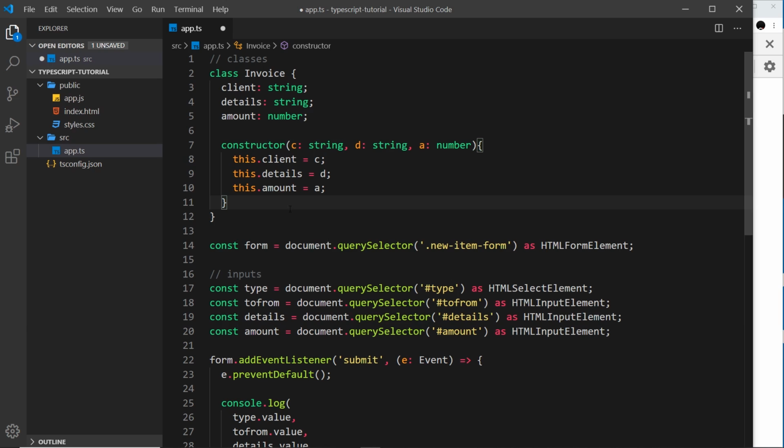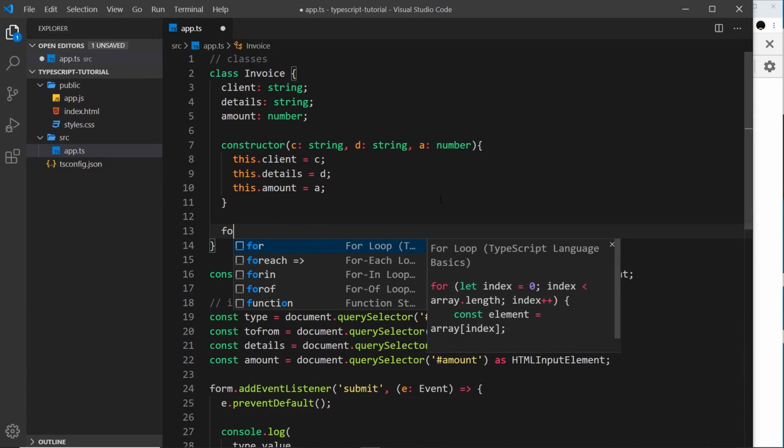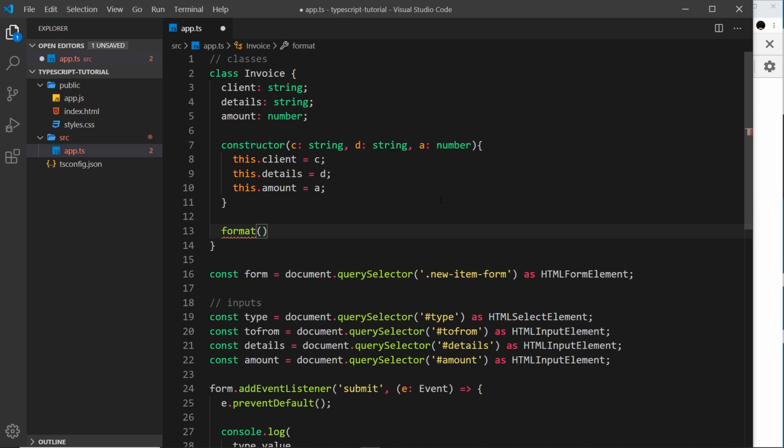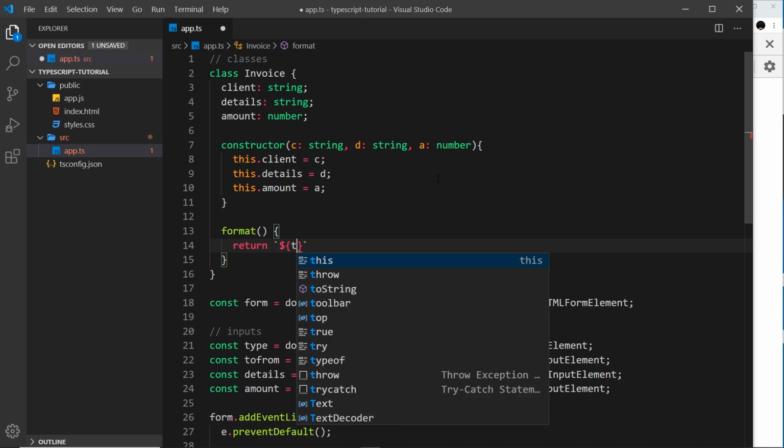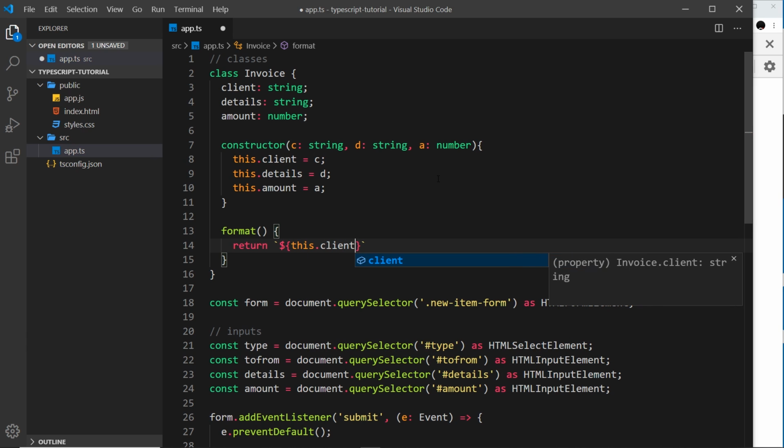Now also I want to create a method on this class. So I could do that by just saying the method name, format for example, and this format method is only going to return a string where we format these different details. So I'm going to return a template string, so backtick, so we can dynamically output variables inside the string, and I'll say $, curly braces to output one of those variables, and it's going to reference this.client,